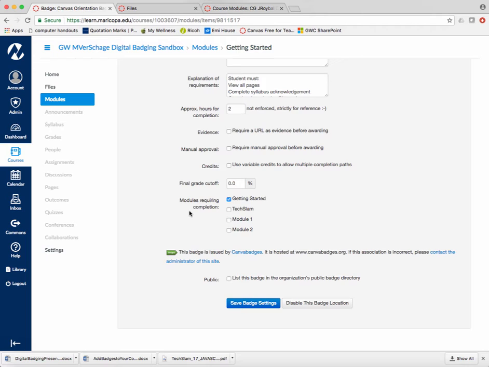For requiring completion, that's the important part here. We're going to make sure we check Getting Started because we're going to set the requirements. And then what's going to happen is when we set those requirements and the student achieves those, it lets the badging system know that they're allowed to claim their badge. So we're going to go through those